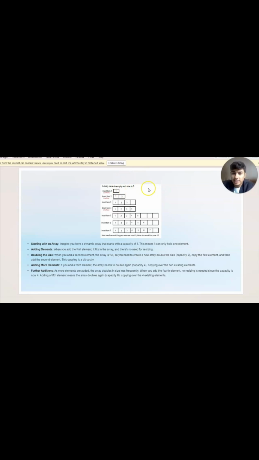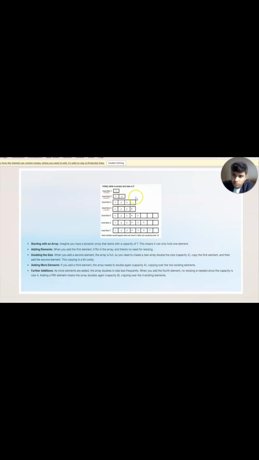Then for adding the second element, we have to resize it, double its size, and then we add our second element. Then for the third element, again there is no empty index, so we have to double its size again. 2 to 4. So it becomes a 4 element capacity dynamic array.